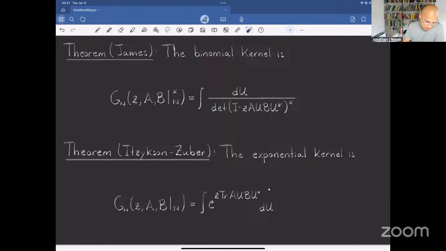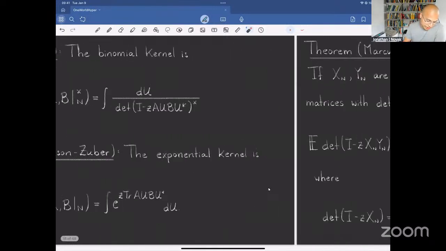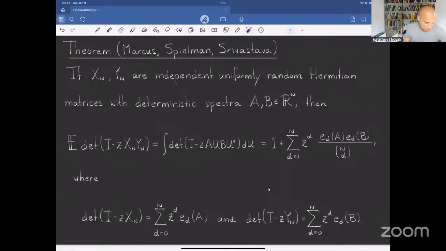And so let me elaborate a little bit on this identity proved by James, which definitely deserves to be better known than it is. It's a pretty remarkable thing. It's extremely well known to statisticians, but not as well known as it should be to mathematicians. So here's a recent theorem of Marcus, Spielman and Srivastava,